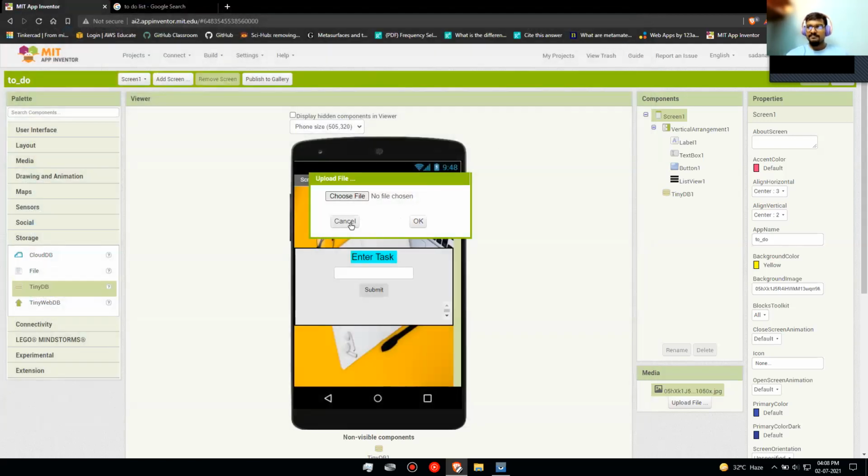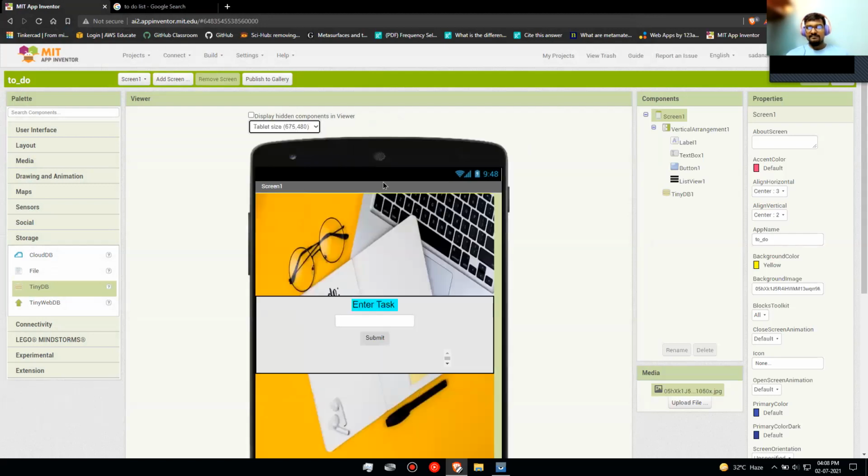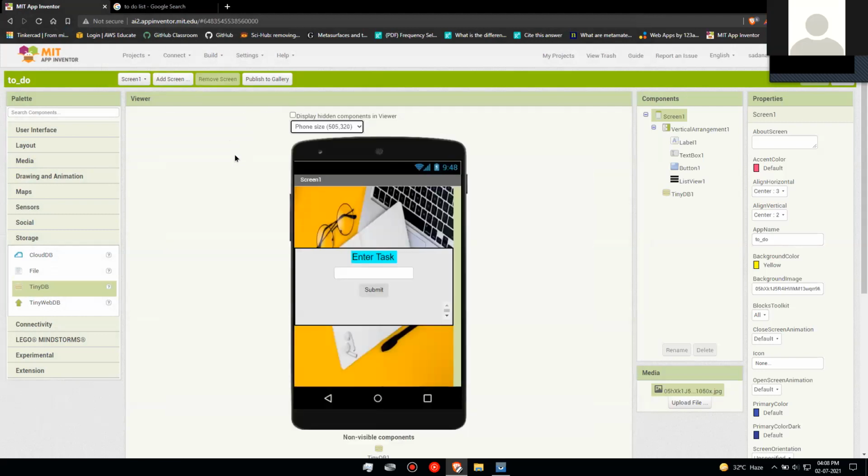Have you done it? It can be a JPG file also. Yeah, JPG is preferred so that it doesn't get any error.